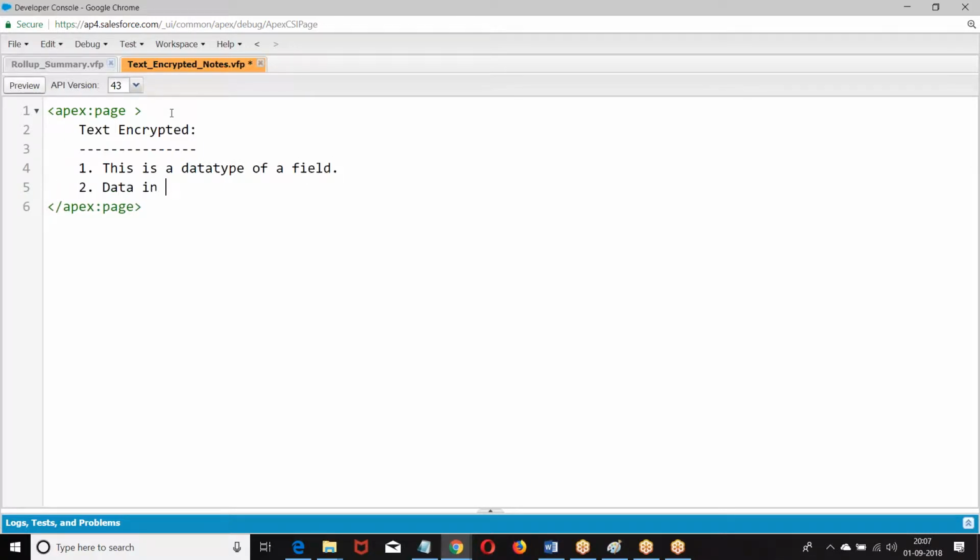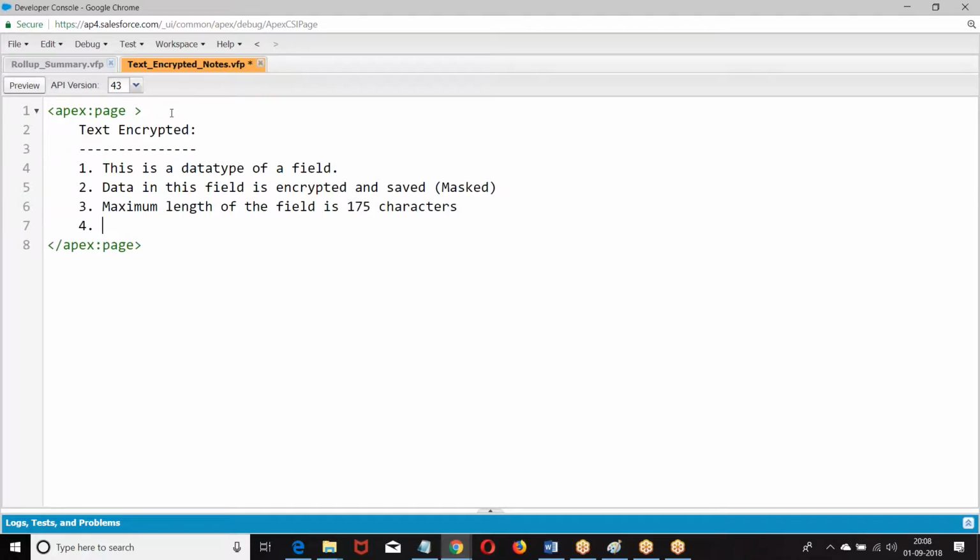Data in this field is encrypted. The maximum length of the field is 175 characters.